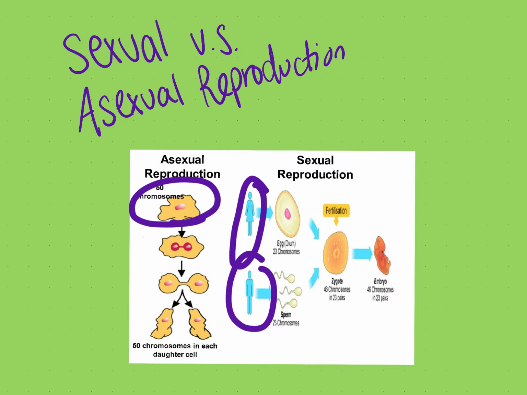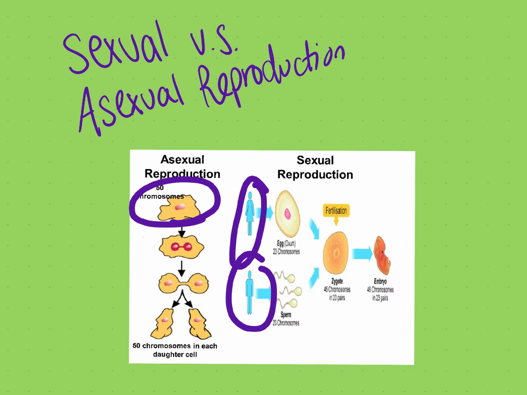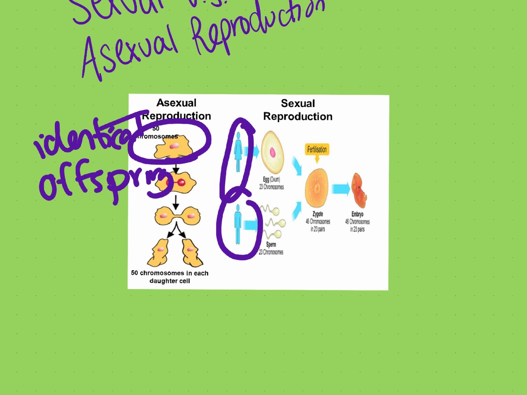So a super important difference here also is that sexual reproduction results in genetic diversity, while asexual reproduction creates identical offspring. Because asexual reproduction is just copying the same exact individual over, it's basically cloning itself. Whereas in sexual reproduction, the offspring is like a combination of both parents, so there's constantly new combinations of different genetics